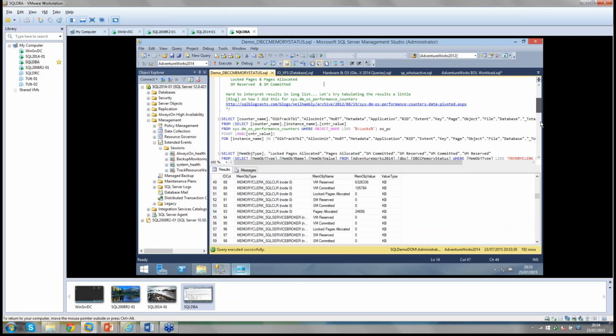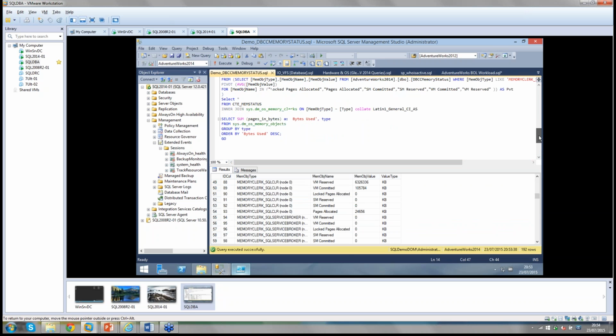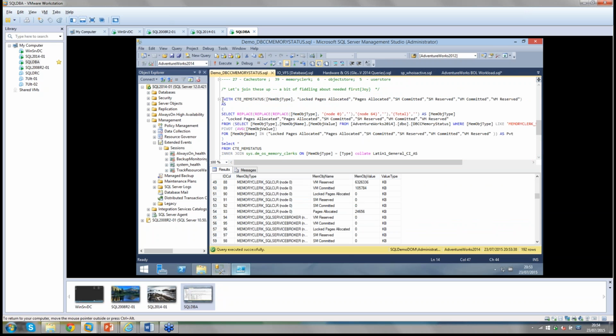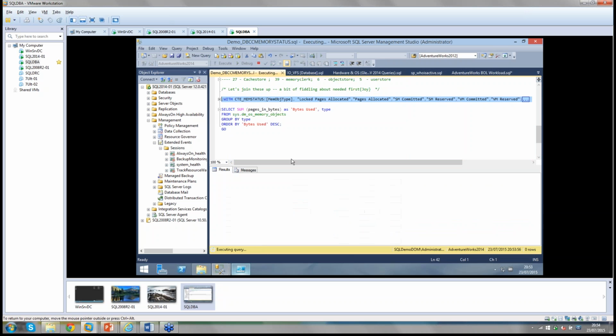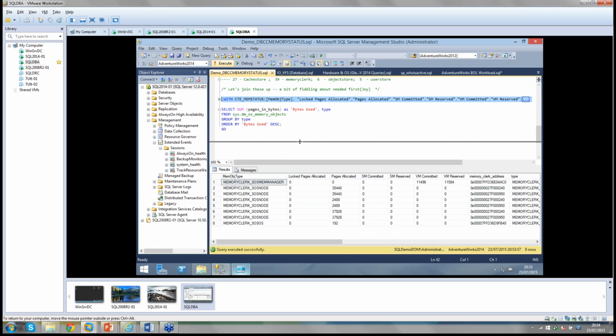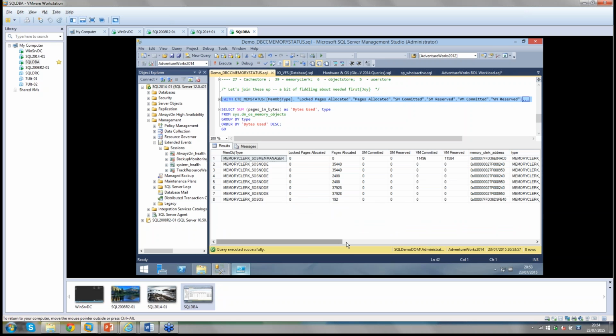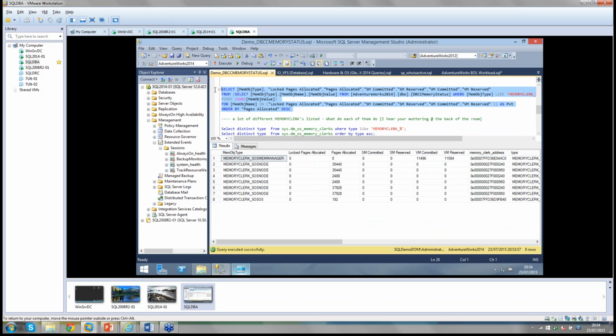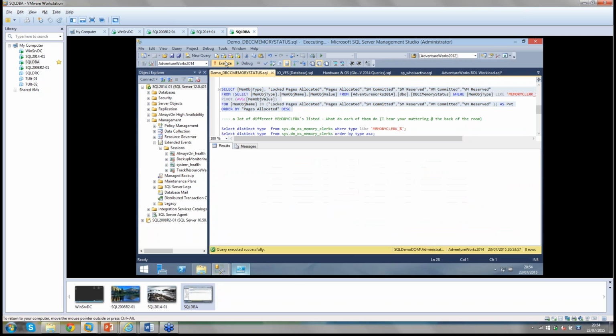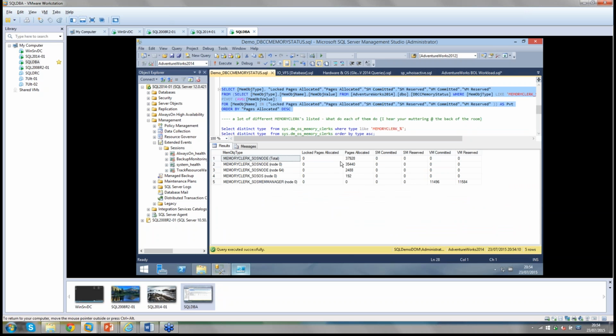What I'm going to do is I'm just going to pull to the bottom of one of these and actually use this specific query here, just as a demonstration one. So what I've done is I've just done a bit of a pivoting table process on here to show me, actually probably a better one to do is probably this one here. Let's have a look. Okay, so this is showing me how many pages are locked in memory. So I don't have locked pages in memory set on this server, and I can see that I've got